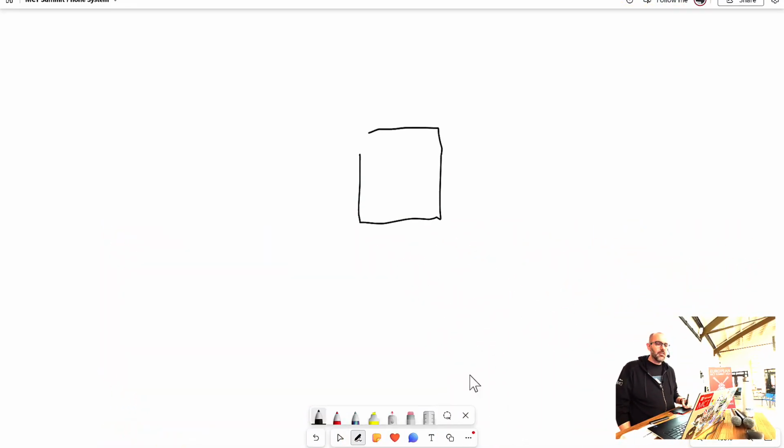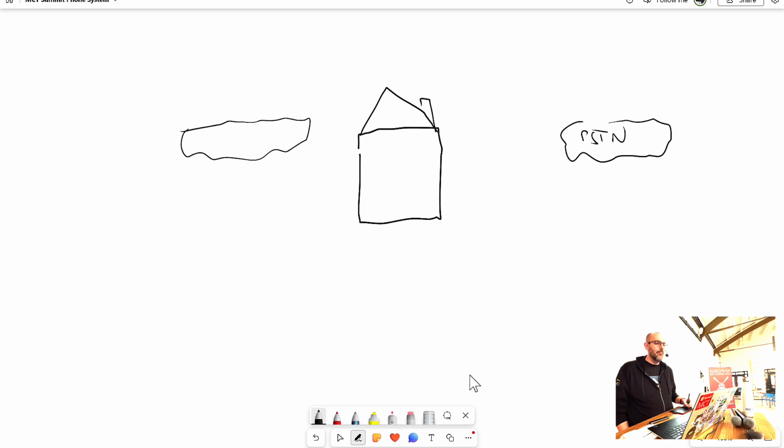So let's say we have an office. I'll paint a roof and a little chimney so you know it's an office. And it's connected to the PSTN, the publicly switched telephone network. And on the other end, it's connected to Teams. If you want to use this to draw, you need to learn how to draw better than me. Sorry for that. And you have that Session Border Controller. And that Session Border Controller is in your office because that's where your phone line comes in.